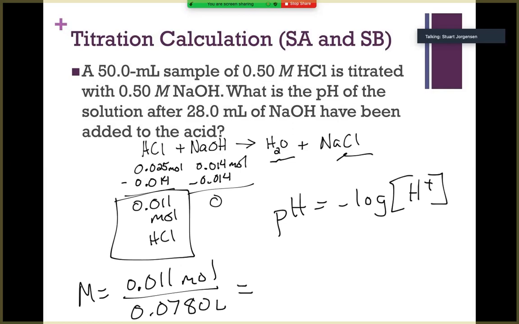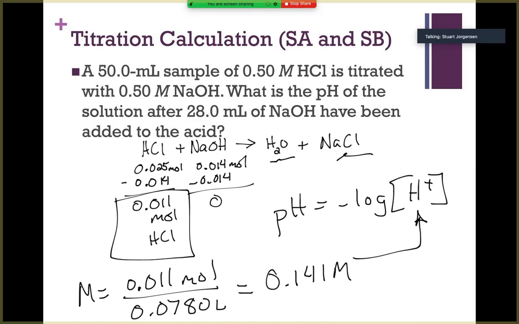0.011 divided by 0.078 is going to give us a molarity concentration of 0.141 molar. We're going to plug that then into our pH calculation because we know this is now the concentration of our H+. It's a strong acid. It dissociates completely. So negative log of our